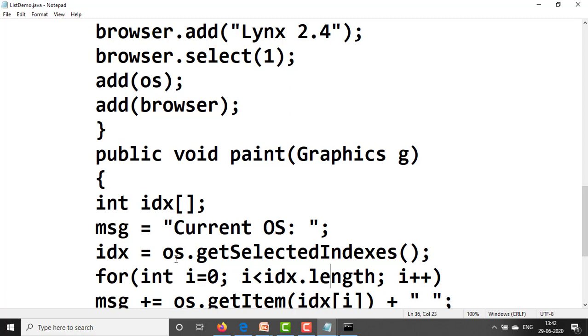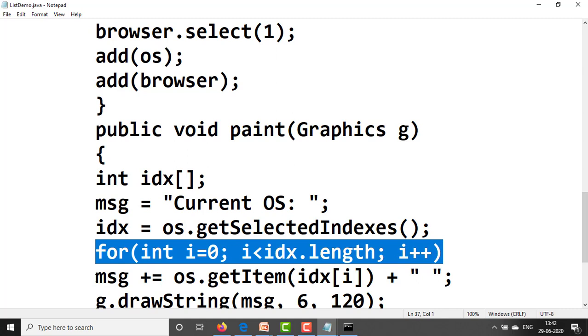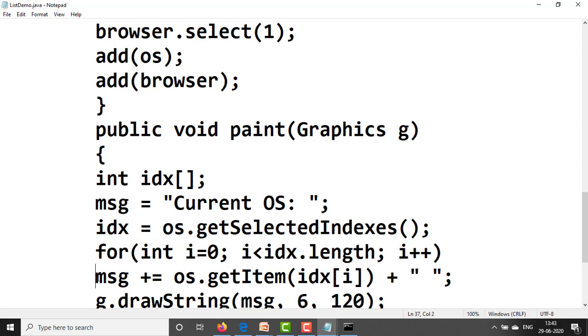To read from this we need to use a for loop: for int i equal to 0, i less than idx.length, which calculates how many indexes are stored in the idx variable, semicolon i plus plus. Next msg plus equal to os.getItem(idx[i]).